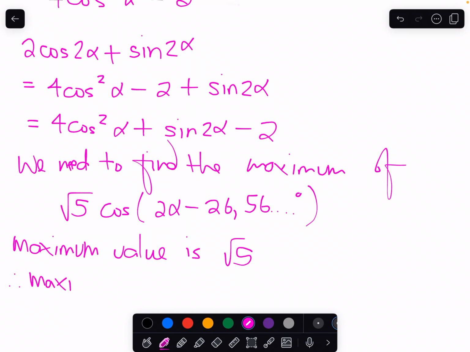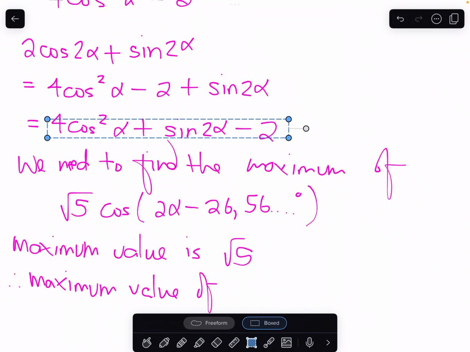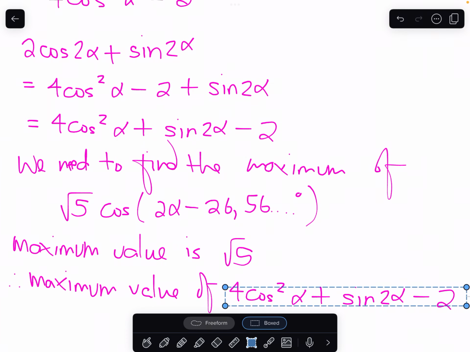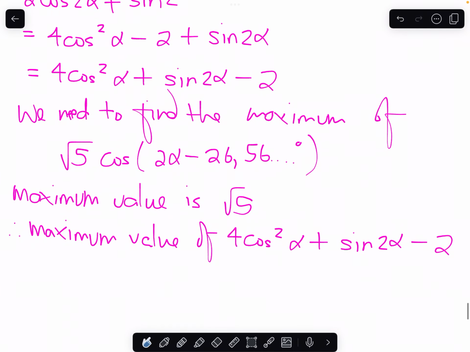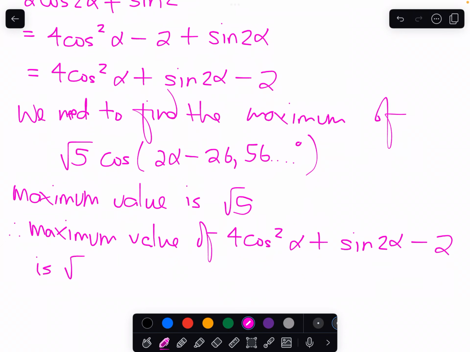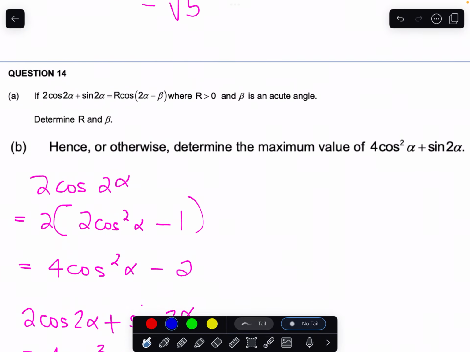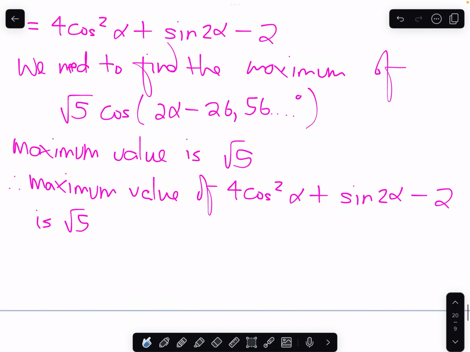Maximum value of this expression is root 5, right? And so the maximum value of this bit, which is what we were concerned with to begin with, right? The maximum of that